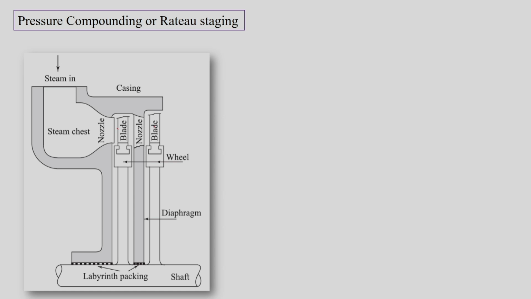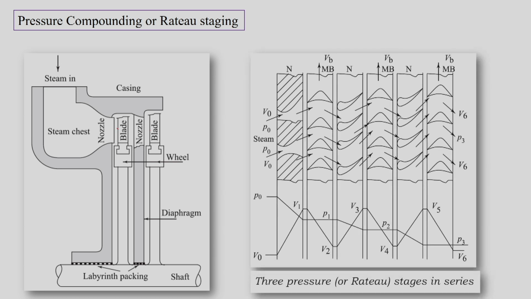Further, each blade will not have any static enthalpy drop, or any relative velocity change here. So, this is what we call staging, known as pressure compounding. As expected, one nozzle will raise the velocity, drop the pressure and drop the enthalpy, and then the steam will go over the moving blade. Next, it will go to the next set of nozzles, which will further raise the velocity and drop the pressure, then it will go over the second set of moving blades, and it will continue.